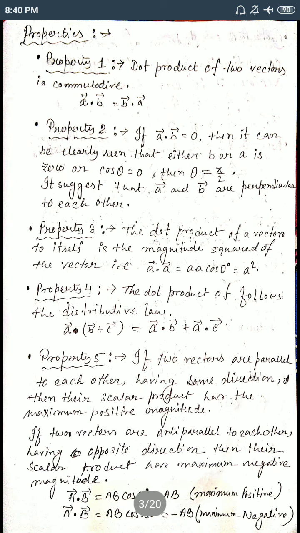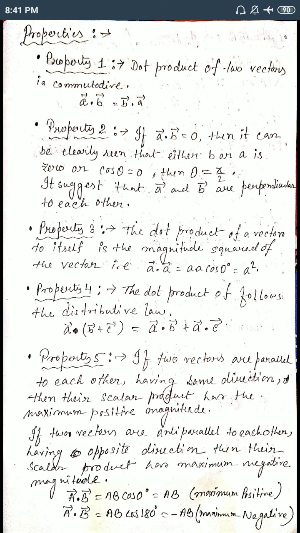Now this dot product and the cross product also follow some rules, or have some properties, and we have to remember these properties when we solve numericals. We apply these rules. So let's start with the first property. The first property is that the dot product of two vectors is commutative. Commutative means 3 into 2 equals 2 into 3, because in both cases we get 6. So the dot product of two vectors is also commutative. That means A dot B equals B dot A. Proof is not in your syllabus, so just remember these properties.